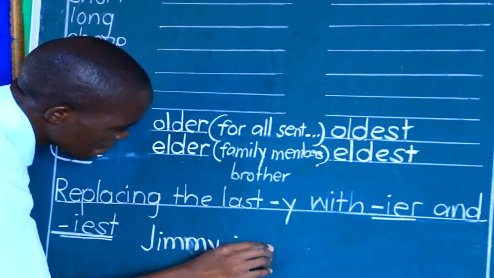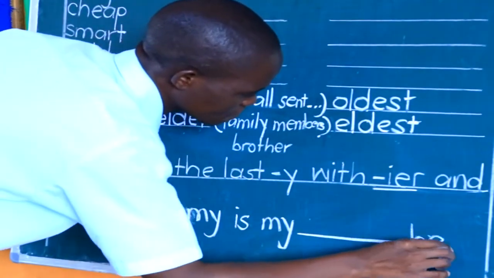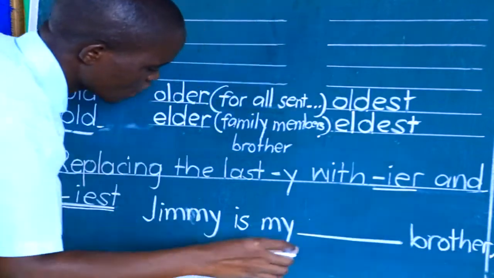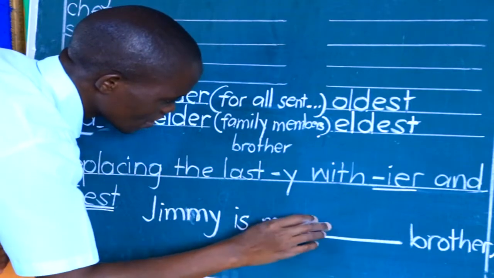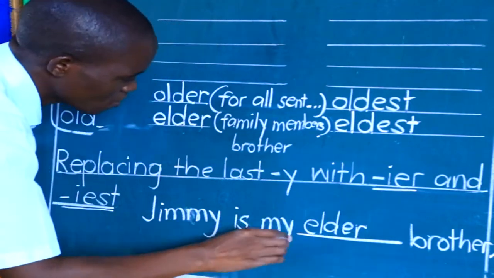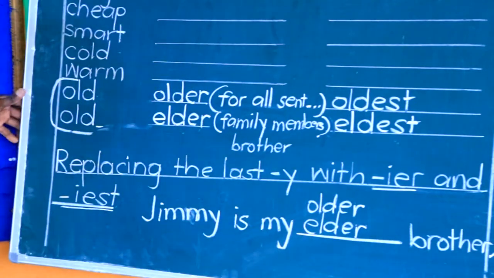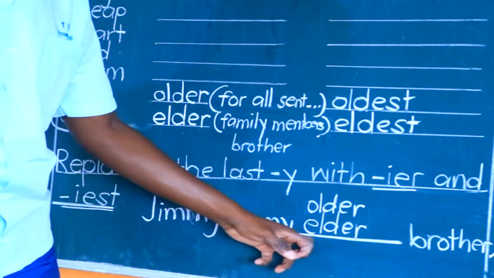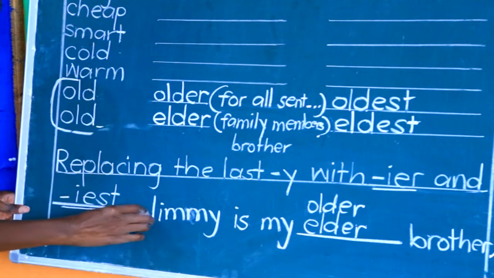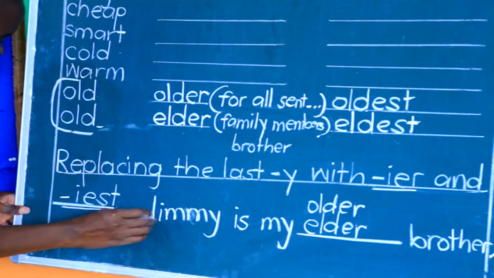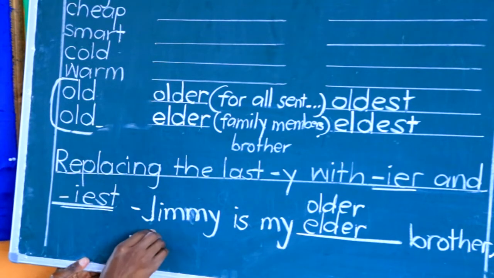Jimmy is my dash brother. Even in brackets, I have the word old. I can use the word elder or older. Check. We have either older or elder in this kind of answer. However, when we come to other sentences, like the one that requires than, Jimmy